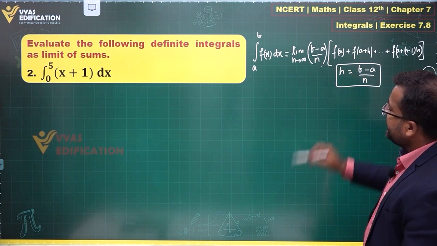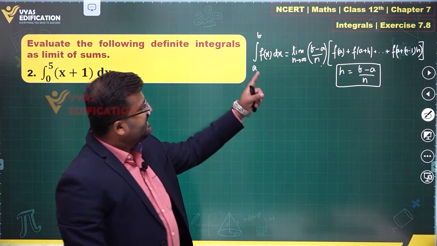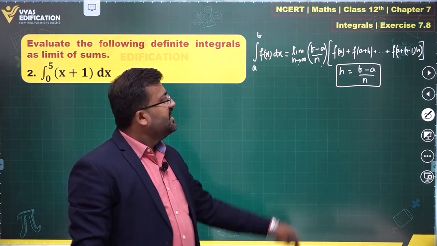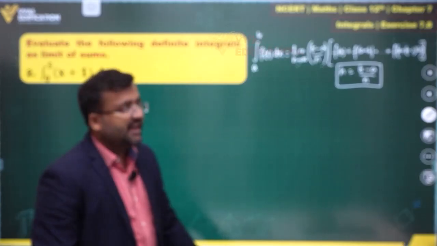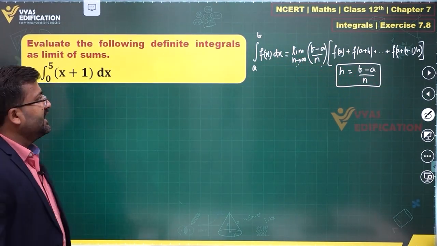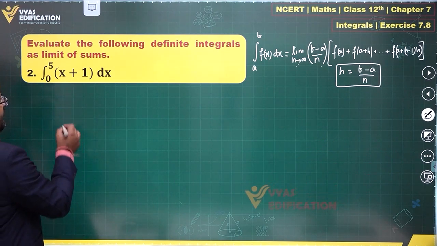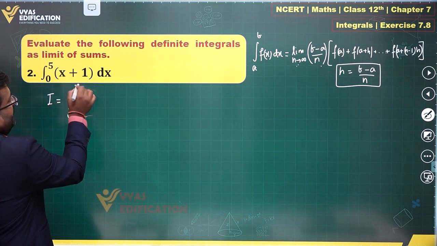This (b minus a) upon n is also nothing but h, right? So you can replace that with h, but then the limit n tends to infinity will not make much sense. So instead of n tends to infinity, you can simply write h tends to 0. So h is equal to (b minus a) upon n, that's one of the things, and we have this integral over here. Once you have this integral, can you identify, when I compare I equals integral 0 to 5